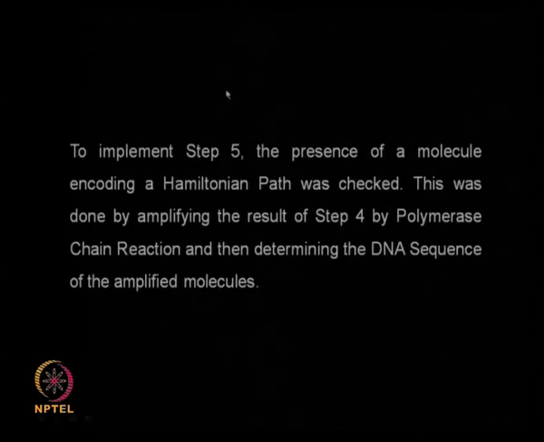Now, do you have a DNA strand which satisfies all these conditions? How do you test it? In the last step, if at all the solution contains some DNA strands representing paths from 0 to 6, then that must give you the answer yes. But then in performing these operations, the number of DNA strands may be reduced. So, to make sure that you detect all the paths properly, you again apply polymerase chain reaction to amplify. If you have 2 or 3 strands, by doing this you may end up with 30-40 strands, and so there should not be any problem in detecting that.